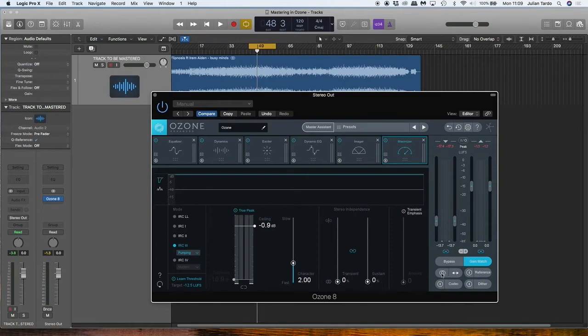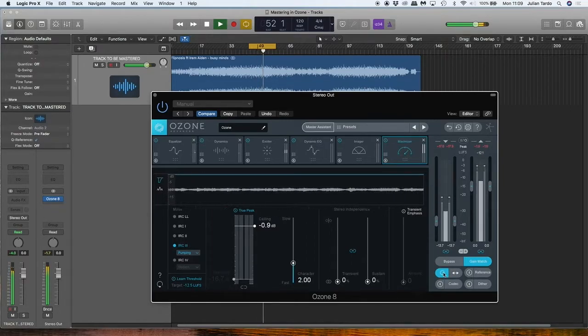You can also have a listen to your mix in mono. And as you can see, you know, it's very seamless, it's smooth. The other thing you can do